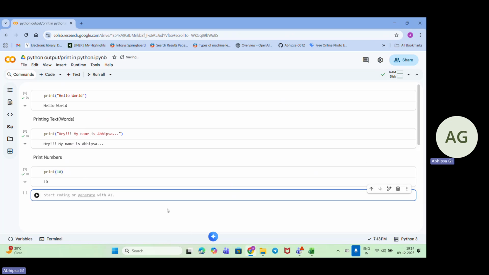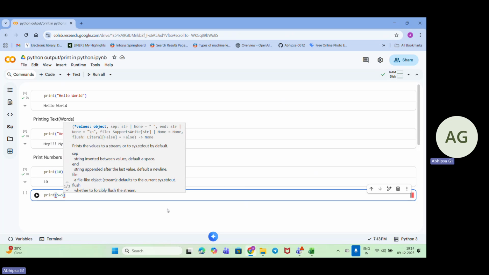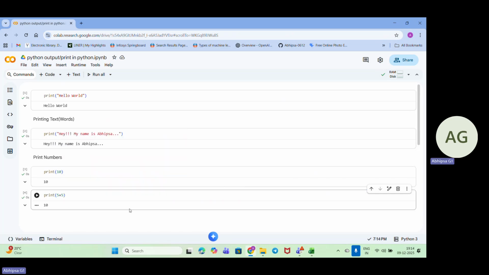Now let's print 5 plus 5. Yes, it is actually giving me the result. So inside the print statement, we can also perform some basic operations.